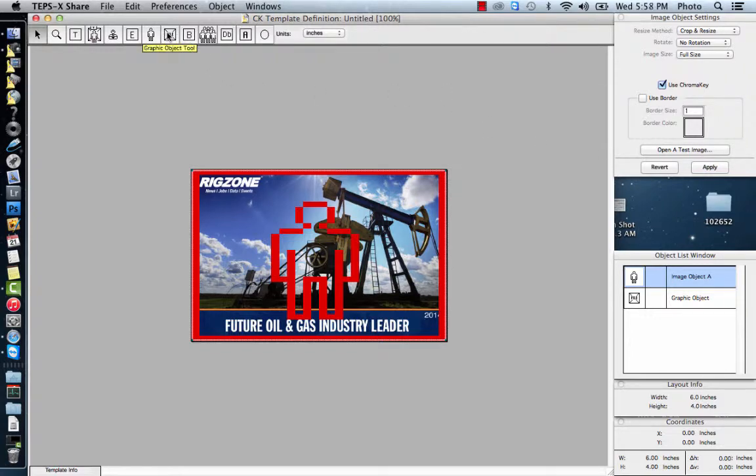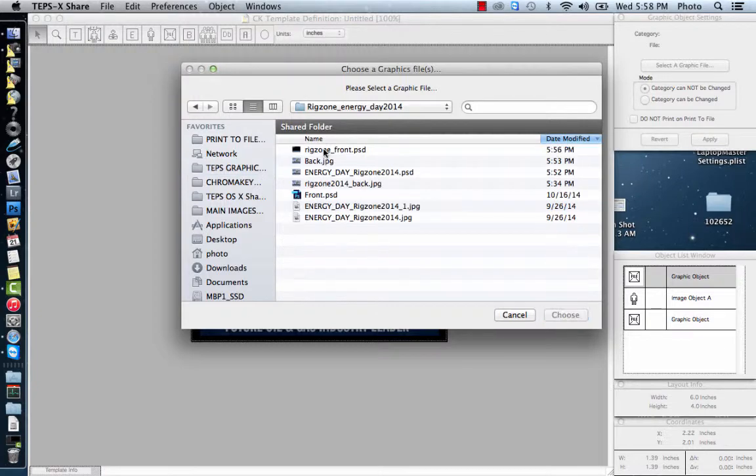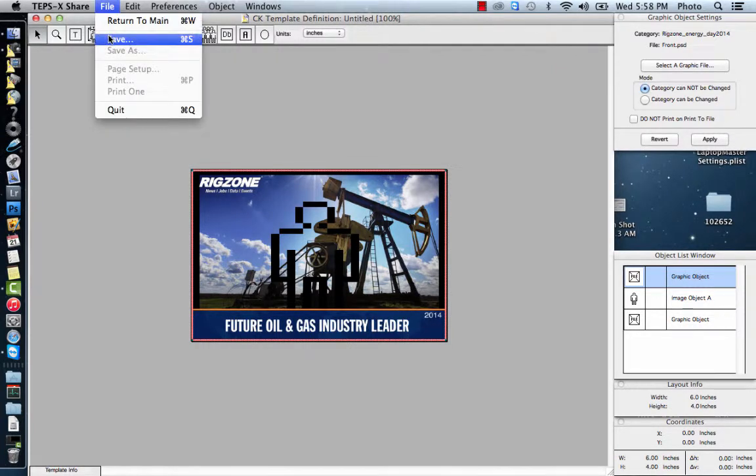Again, I'm going to go to the Graphic Objects tool, pull it down again, make sure I'm in the graphics folder, Teps graphics folder, go to my Rig Zone. This time I'm looking for the one I called Front, and it's a Photoshop document, so I'm going to hit this one. I'm going to double click it. Again, notice it didn't open up full screen, so I'm going to hit Command R, filled the whole screen, and now I'm done. So I'm going to go to File, I'm going to go to Save,